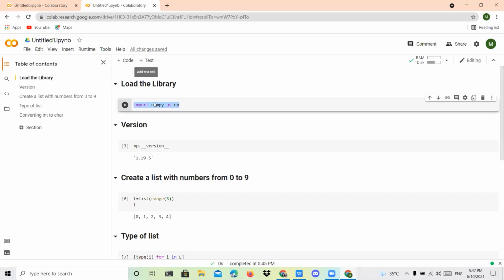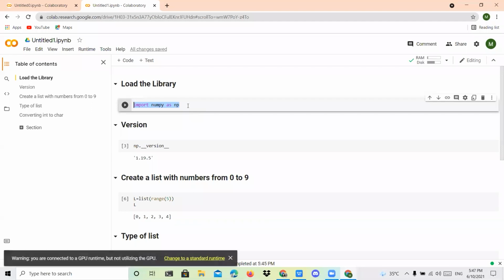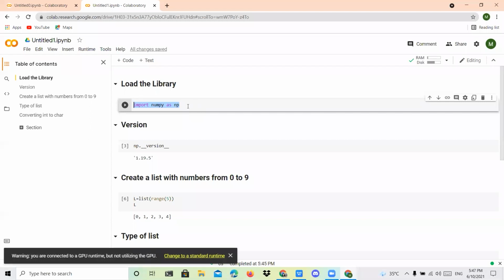We can type what we are doing in our code in our own style. This is a library function, which is only for handling numbers and arrays. In this session we are going to discuss arrays only, so I'm going to import this library.